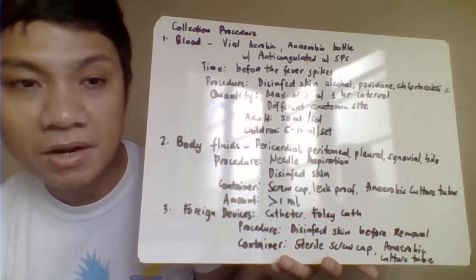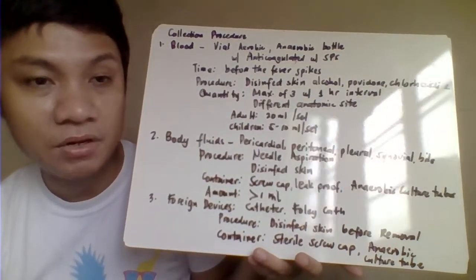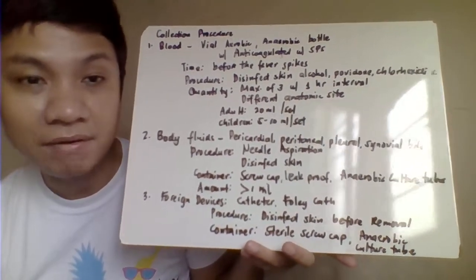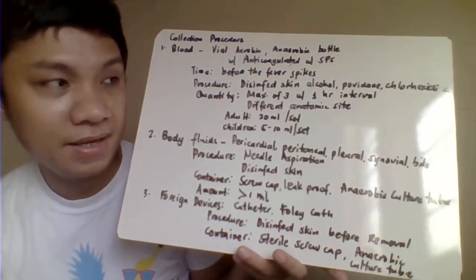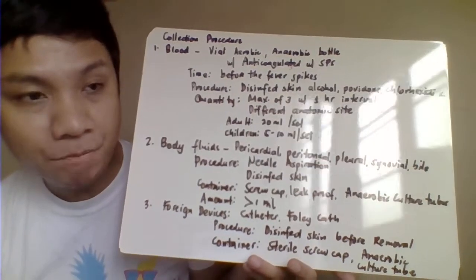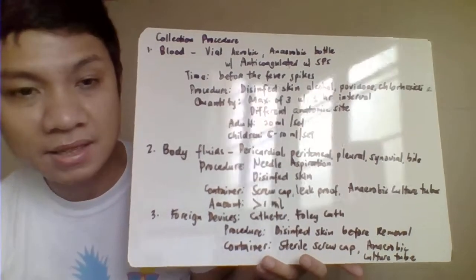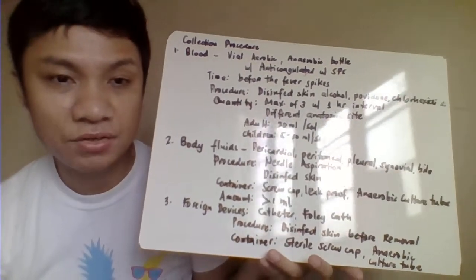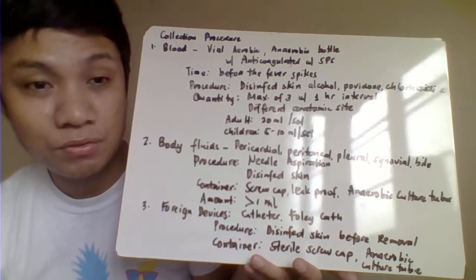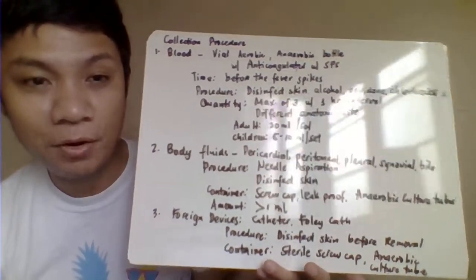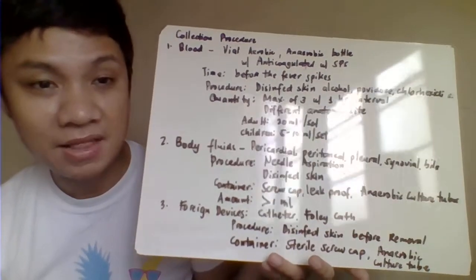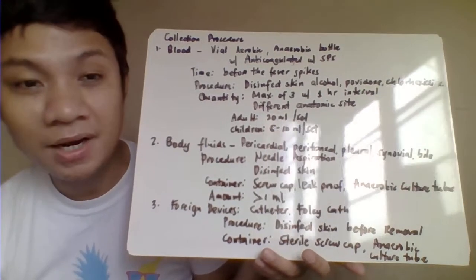Procedure: since we'll be collecting the specimen through your venipuncture, then you need to clean the site we're going to collect. So you need to disinfect the skin. You could apply the alcohol. You could also apply your povidone iodine, or you could also have your chlorhexidine. Again, why are you doing the disinfection? Because of course, you wanted to disinfect the skin in order for you to allow the normal microbial flora in the skin to die, and therefore you're not able to contaminate your collection of your